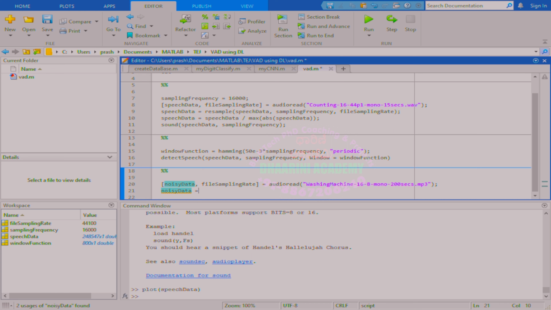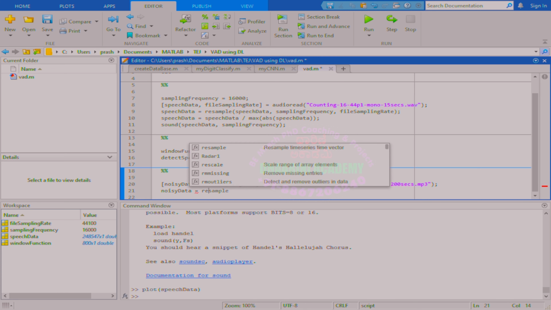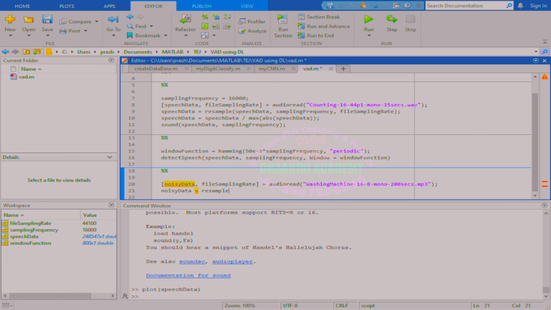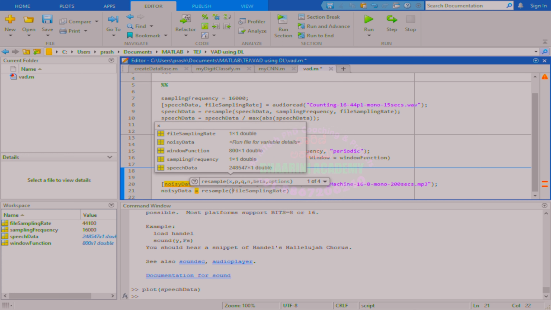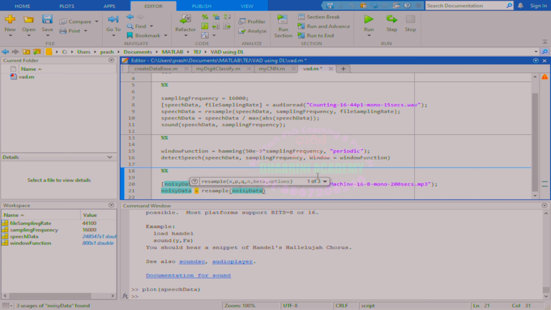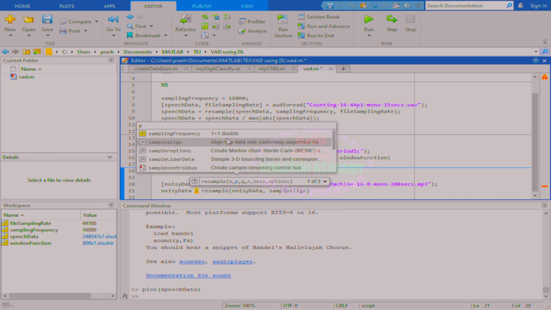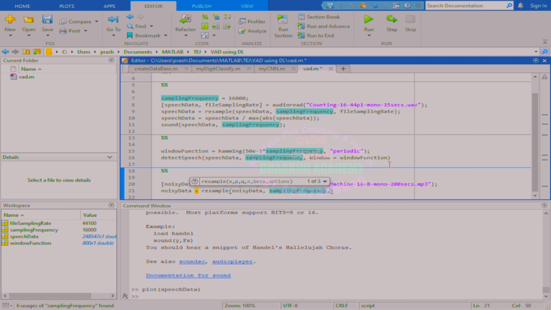So the noisy data should be equal to, I want to go for the resampling option of the same data which we have just read, that is noisy data, comma, what is the requirement? The requirement will be the same sampling frequency. Okay, sampling frequency. And I have to specify what is the current sampling rate, that will come from file sampling. All right, then